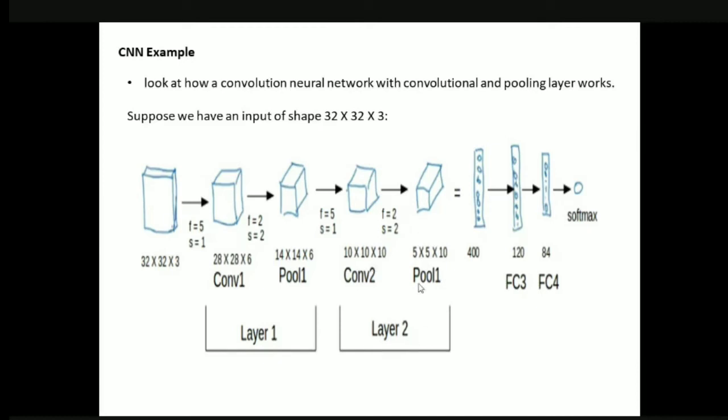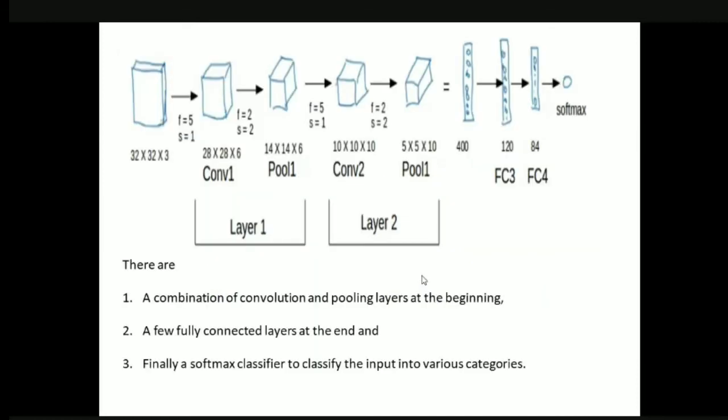So this is how I wanted to show you how convolution and pooling take place and how the values are being reduced. That is, the dimensionality is going to be reduced. Okay, so this is a simple example of how convolution and pooling are going to take place. Okay, clear?